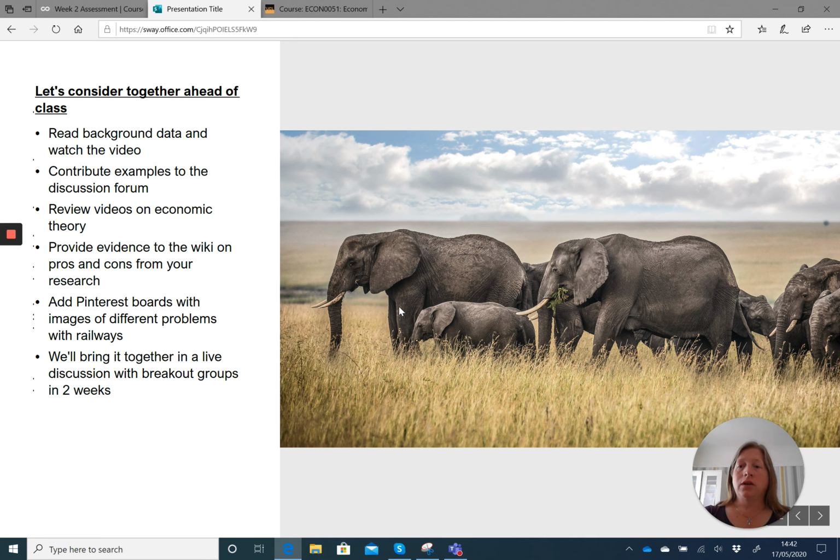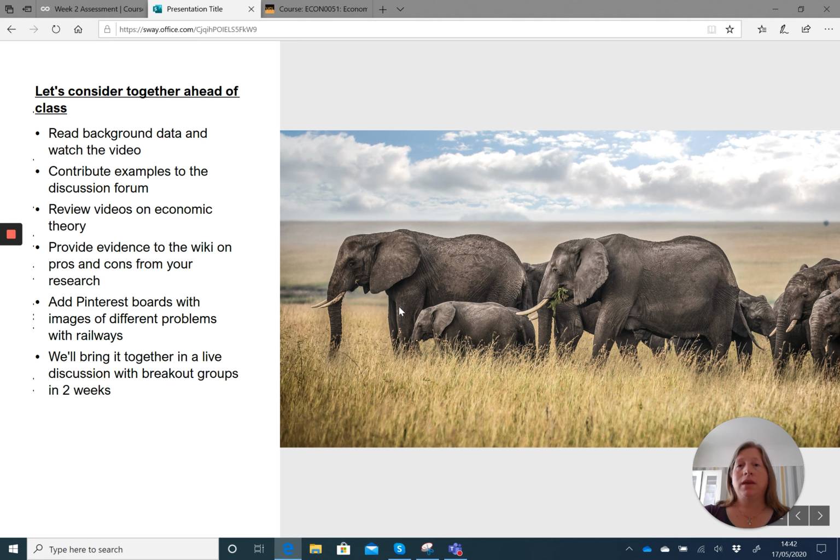What I plan on doing is having different topics or different problems of privatisation. So the first one I've identified is the problem of quality of service, including congestion on railways or in trains. To motivate this topic, I've developed a Pinterest board with pictures of very packed trains in lots of different countries. And you'll see that I've asked students to add to that board with their own images. And then I do something similar for 3 or 4 other problems associated with private ownership.